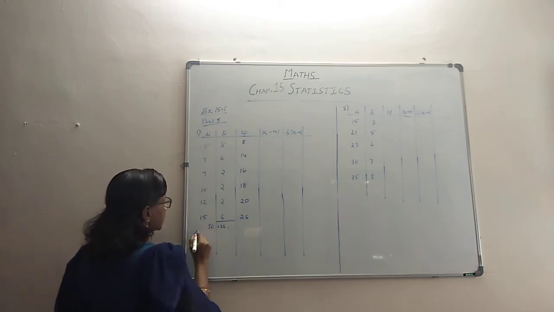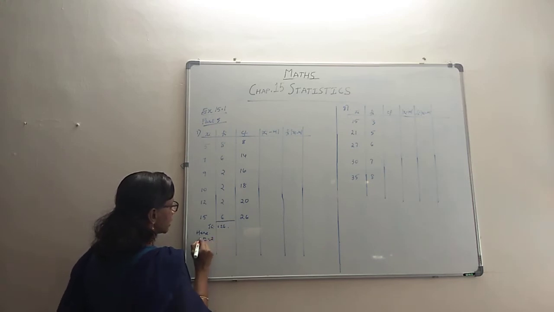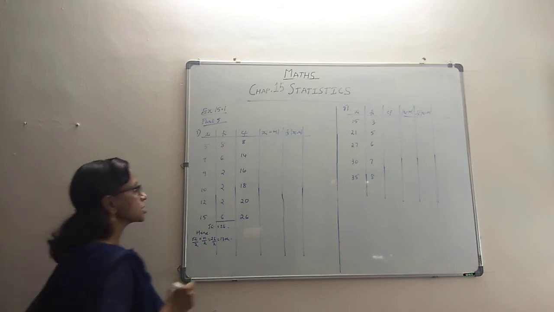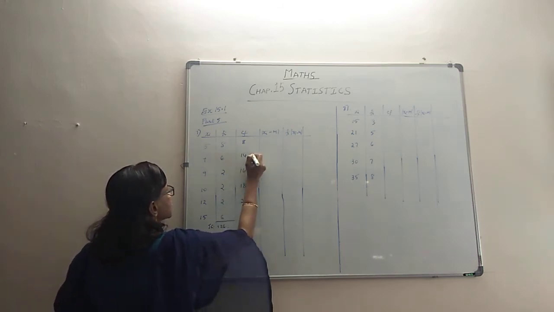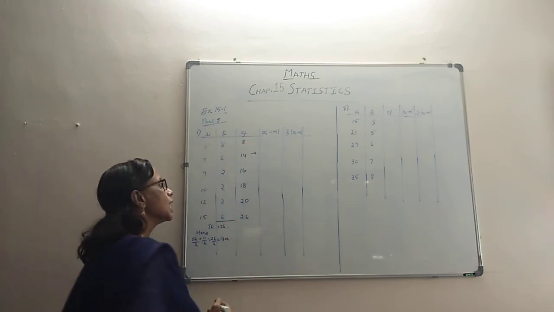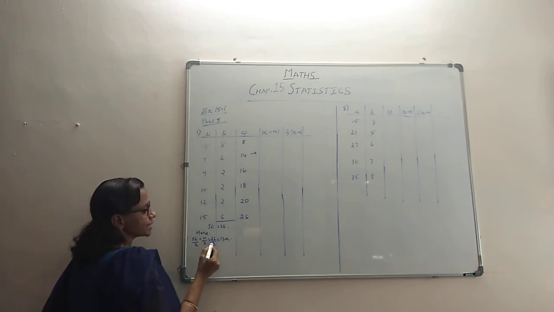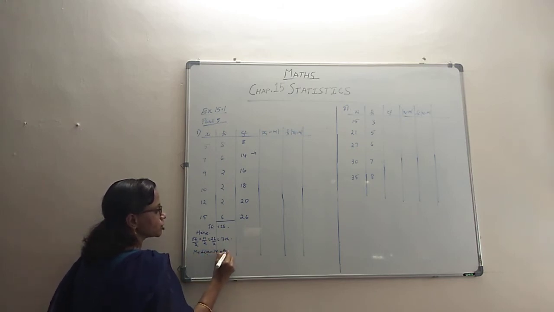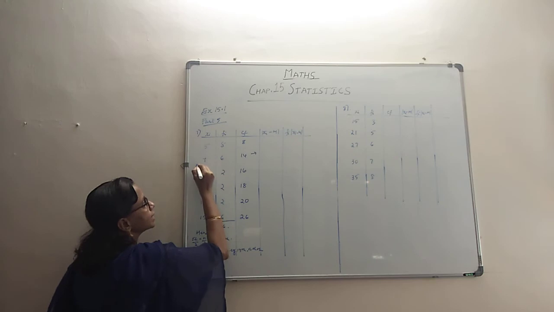Now for finding the median, we will check n by 2. That means you will check n, which is summation fi, by 2. That is 26 by 2, so that's the 13th observation. And we'll check where the 13th observation is lying. It is out of this, but it is there in this. Also, because this 26 is an even value, we have to take the 13th and the 14th observation. So your median is going to be the average of the 13th and 14th observation. Both are lying in this.